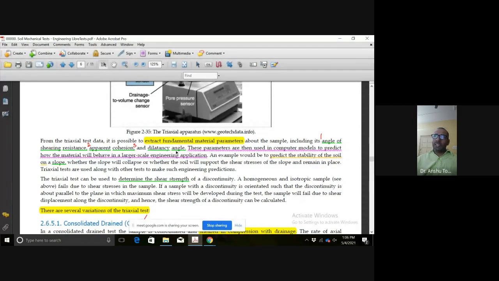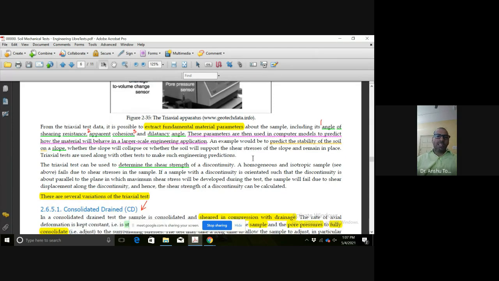The third one, dilatancy angle, is very important in telling the non-linear behavior of the material. Now the material is not in the linear range. It has yielded, it has gone to the ultimate, and now it is in the non-linear range. The purpose of the triaxial apparatus is that whatever values you are finding out here,